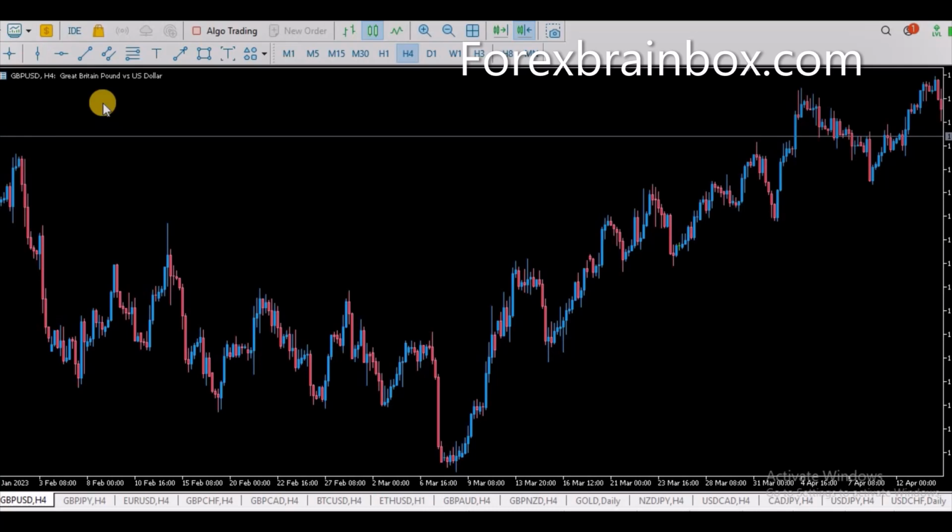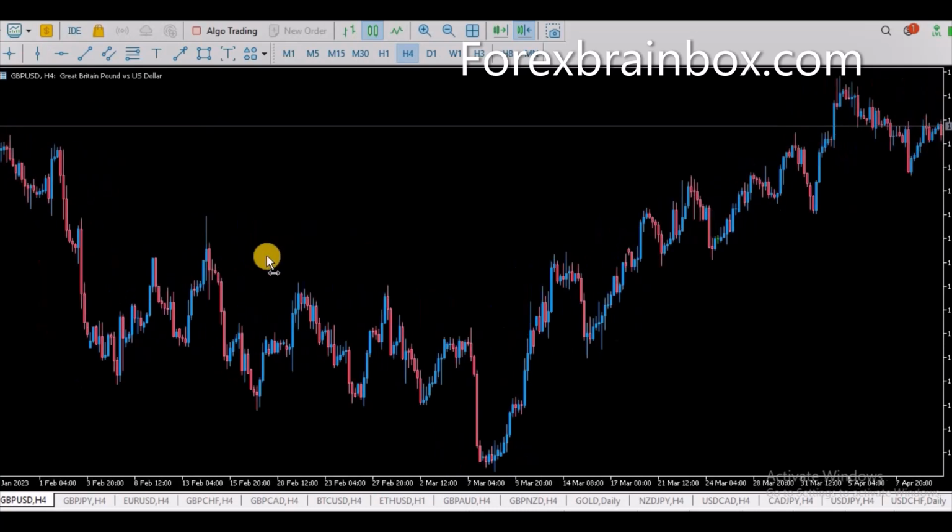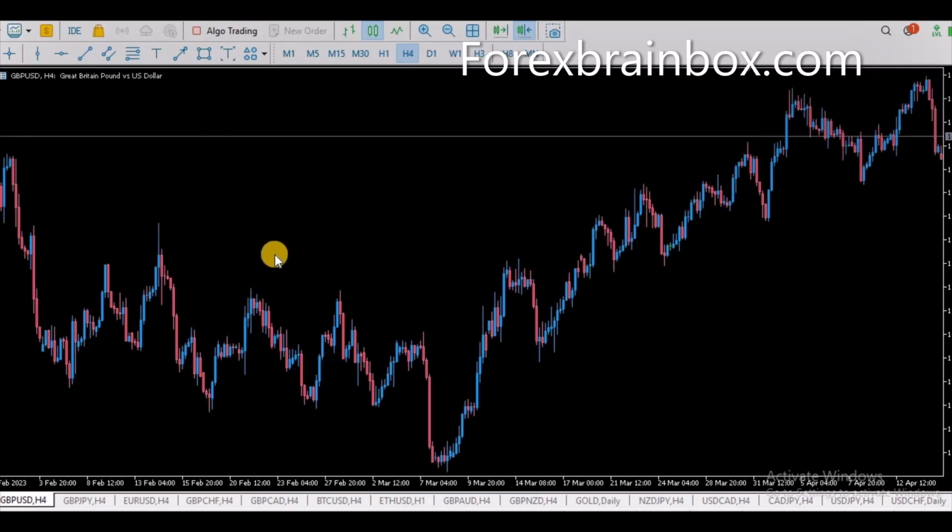Actually, I'm not on any side anyway. You're going to know which side I'm on. So this is how I draw my trend line, and I believe it's probably the best way to do it. So forget about resting on the wick, forget about resting on the body of the candle. These are the things you should look out for when drawing your trend line. Okay, number one,